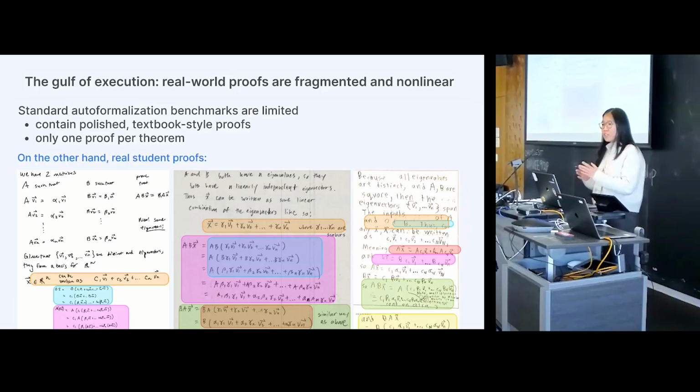However, the proofs that students have written are like this. They are more diverse, free-form, nonlinear, implicit, and causing the LLM to not be able to auto-formalize them correctly. So in these three examples, the students are all approaching the same question with the same strategy, and they are all correct proofs, but they all look so different. So the problem becomes, how can we understand and formalize such free-form and implicit reasoning?